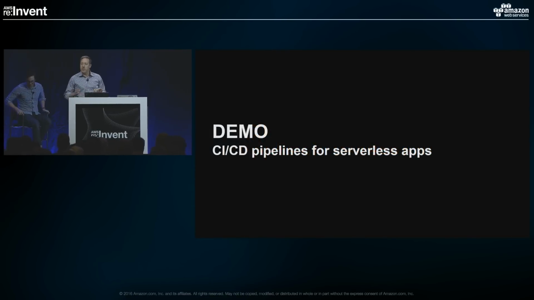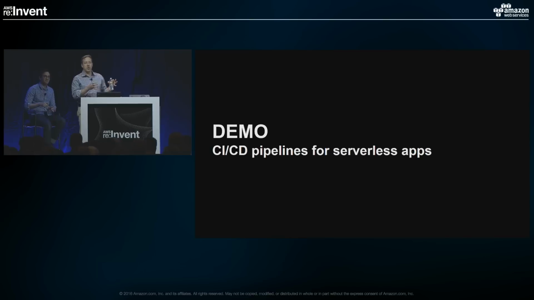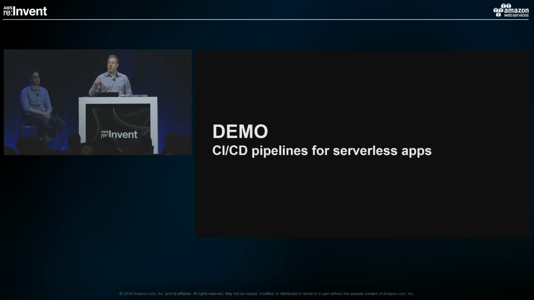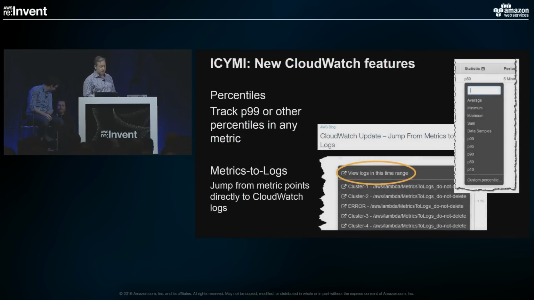So what you saw there was a complete CI/CD experience from the code change all the way through to an update to what was, in this case, a simple serverless web app that was running. And then we followed that up with a configuration change, illustrating the new environment variables and also showing the fact that the pieces of the serverless app haven't turned back into a monolith. So Rory was able to go in and change that environment variable, and we could update the application without having to do a complete deployment through the pipeline, although, of course, we can do that as well. So the benefits of the microservices, but still the simplicity and the capability of a complete entwined pipeline.